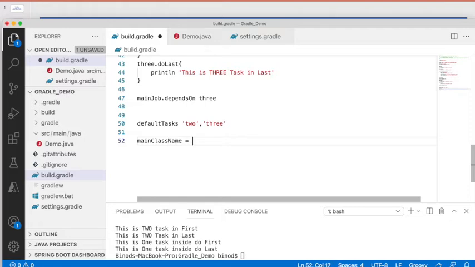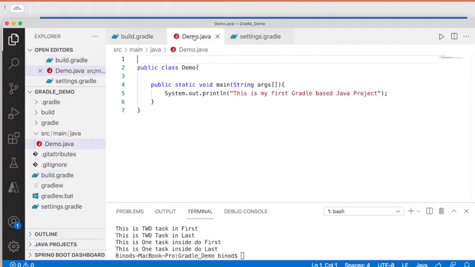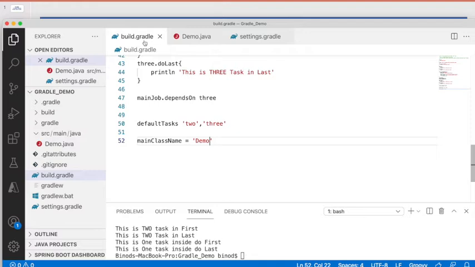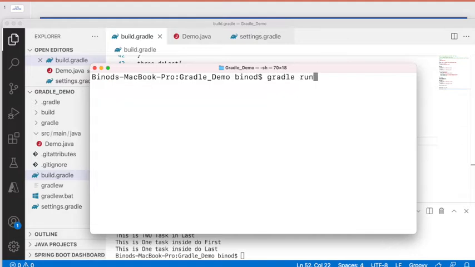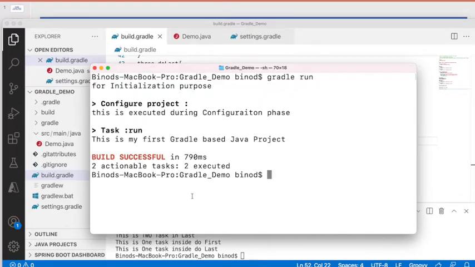Our main class name is Demo, see, this is Demo.java. If you have many Java files, you have to make one of them the main. So I give the main class name. Now you execute, it should execute now. See, you can see the output. This is the way you can do that.